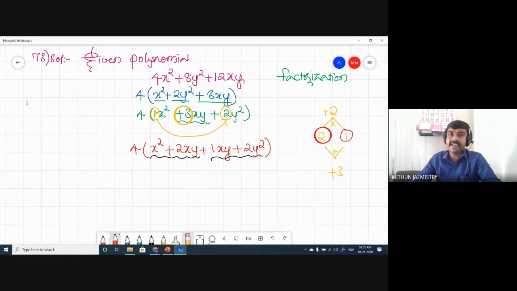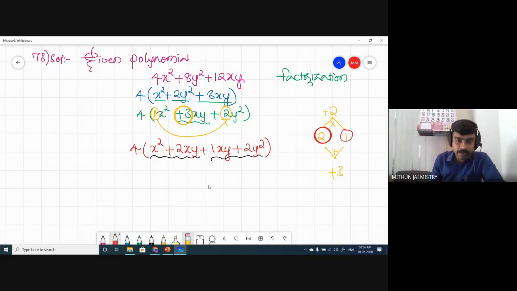What are these rules? Once again, first we have to multiply the first term's and the last term's coefficients. Here nothing is there, so I took it as 1. So 1 into 2 is 2, and here I wrote 2. And the middle term coefficient is plus 3, which I have written here. Then I put arrow marks like this, with 'into' and 'plus'. This is telling me that you want two numbers: if you multiply them, you should get this, and if you add them, you should get this. So I asked, you helped me, you said it is 2 and 1, and finally I have written it.